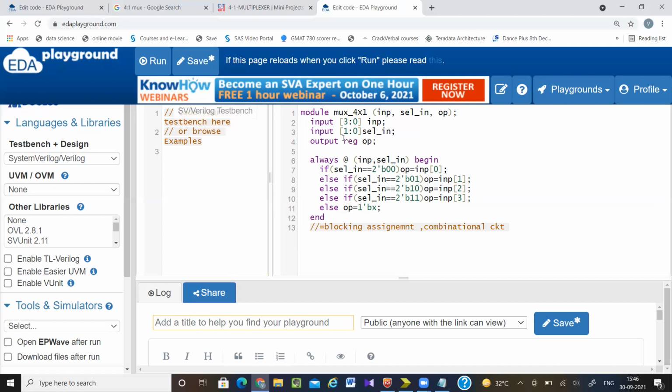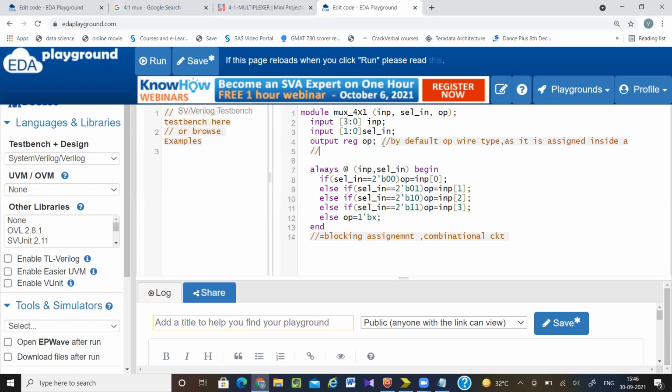I have to declare it as a reg. So by default output is wire type, but as it is assigned inside an always block, it should be reg type. If it is not reg type, the tool will give you an error. We'll see. Okay, I have not declared it as a reg.